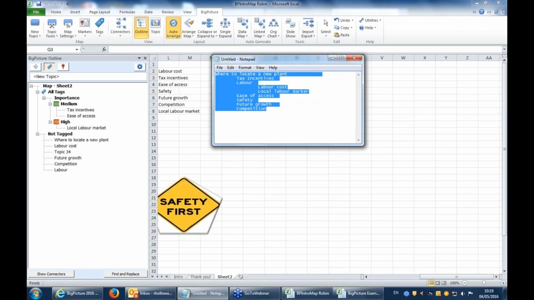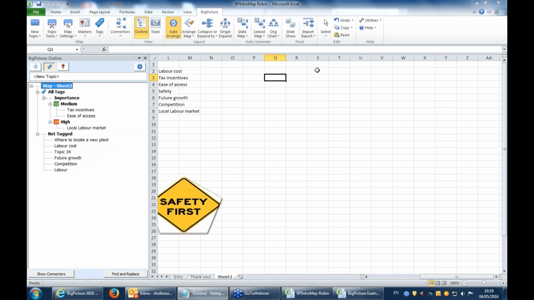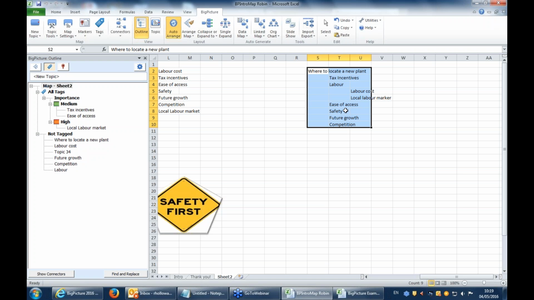And one last thing we got with our update is you can actually create a whole map just through a text, which I'm just going to copy out of my notepad here. So you see we got our root topic here, then there's the next level. Under the labour there's two different topics here, and then there's the rest of them here. If you highlight all of these and you copy them